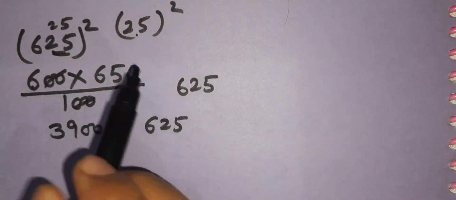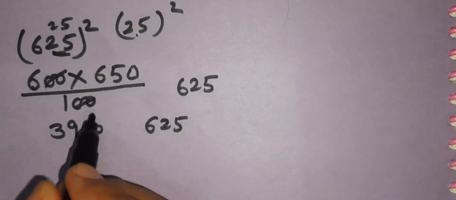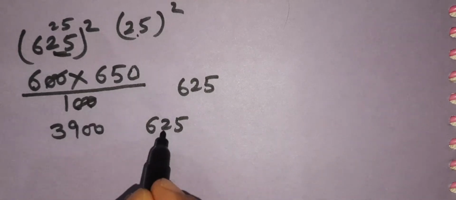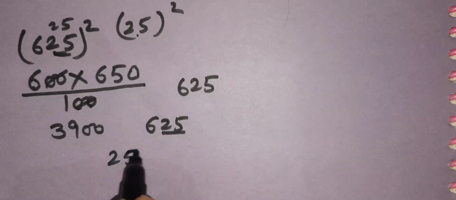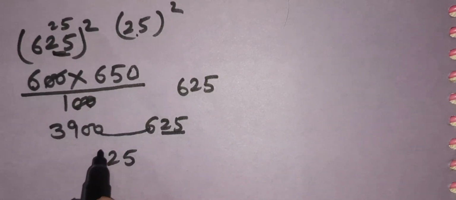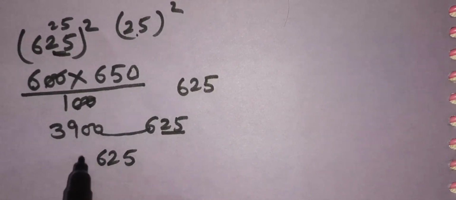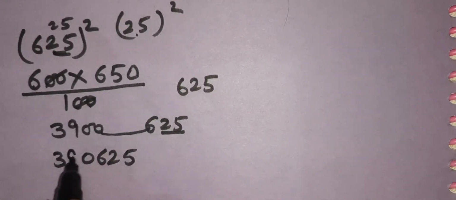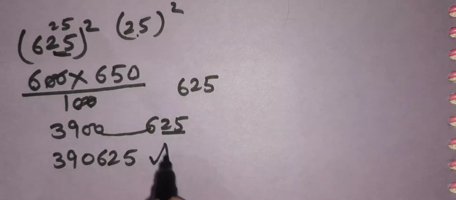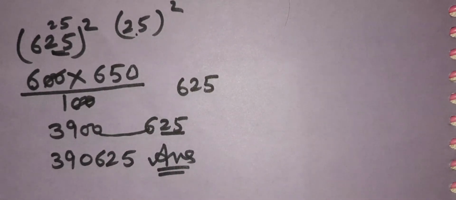In the same way as we did in the previous example, we use the two zeros. So we will pick the two digits here. 6 will carry on as here. We will write 6 plus 0, 6, and 390 will be written as it is. So we get the square of 625. This is the right answer. This is our required answer.